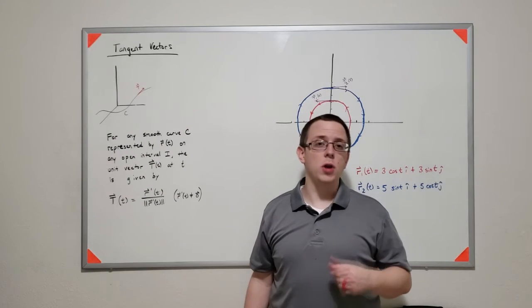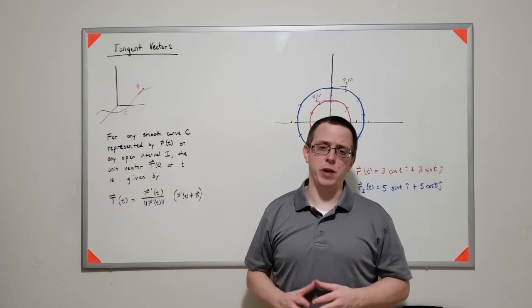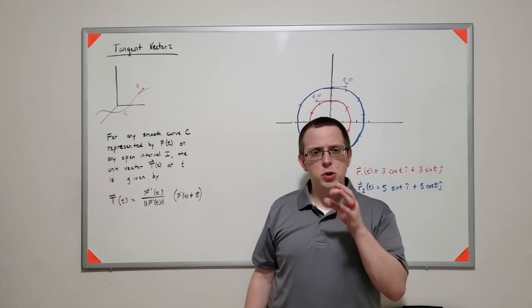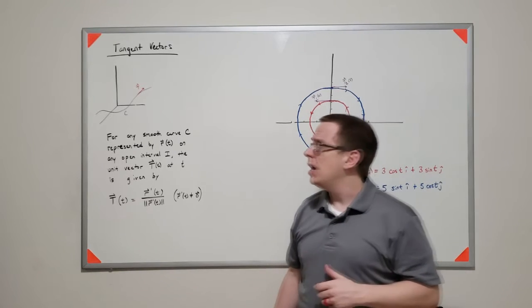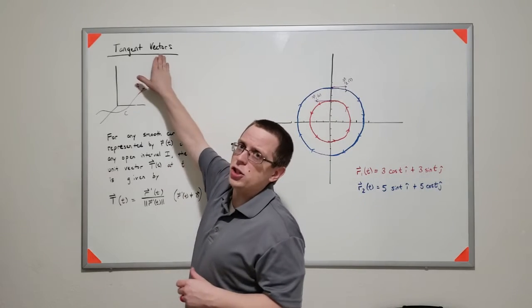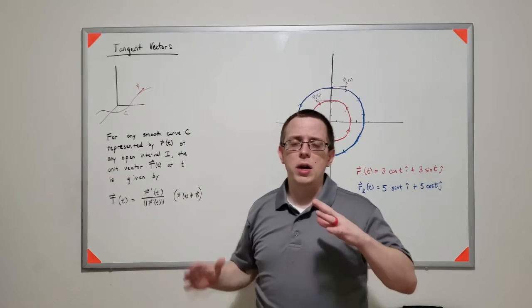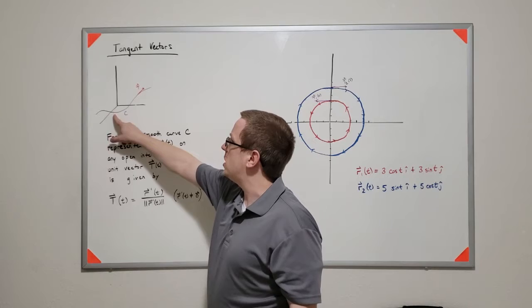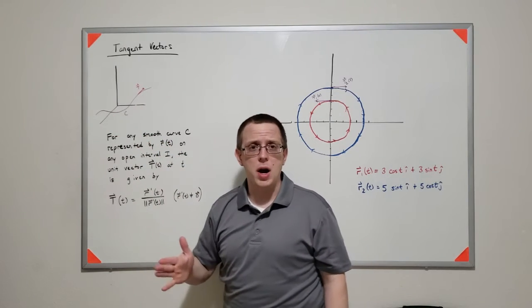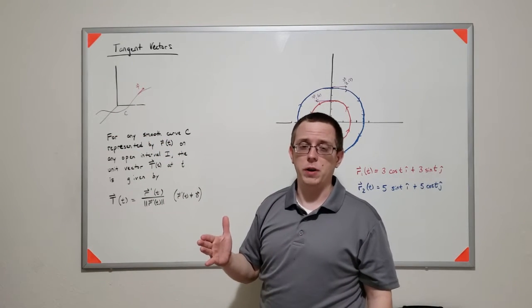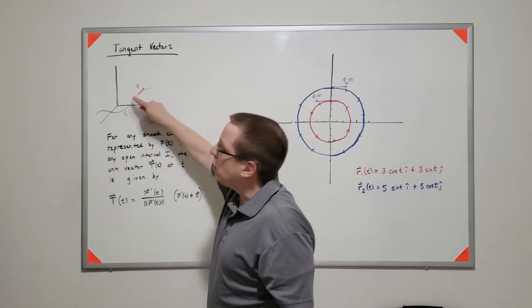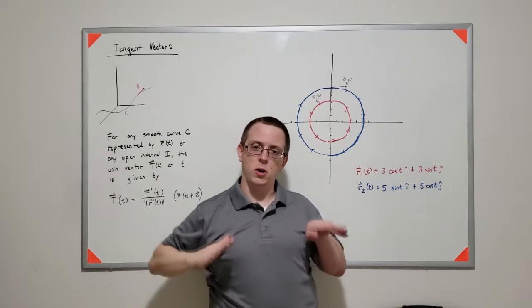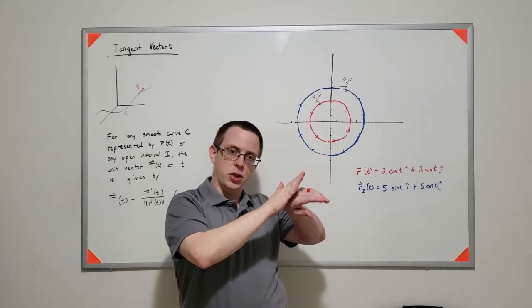We've talked about velocity and acceleration for position vectors, but there's a special vector that's related to the velocity vector that we want to discuss, and that's this idea of a tangent vector. So if we can think of some sort of curve C that could be parameterized by a position vector r of t, then at any given point you should be able to find a vector that's tangent to the curve